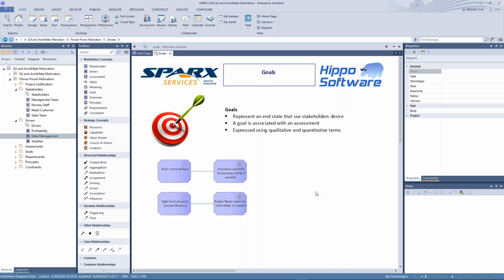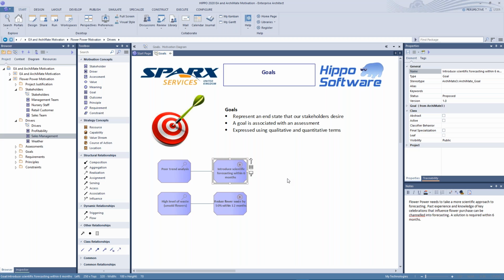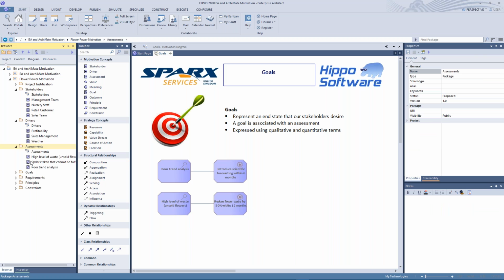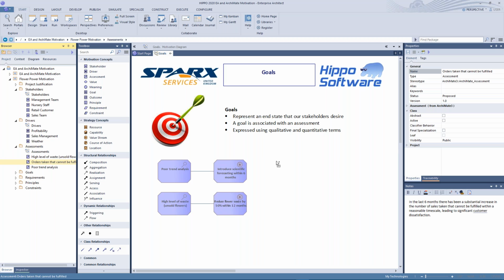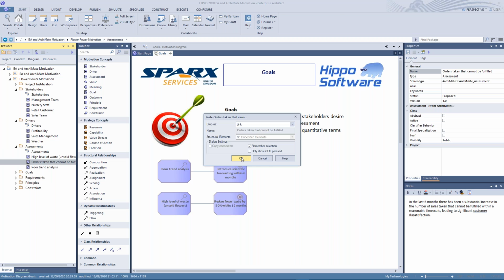The Flower Power architects have set some goals to introduce scientific forecasting within 6 months and to reduce the flower waste by 50% within the next 12 months. And those goals have been associated with the appropriate assessments. They now drag and drop their new assessment that orders cannot be fulfilled onto the goals diagram,